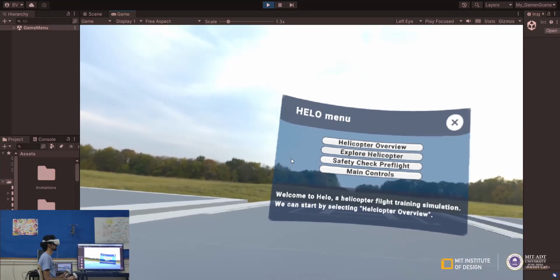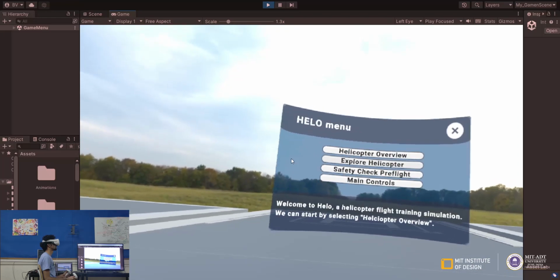Welcome to HELO, a helicopter flight training simulation. We can start by selecting